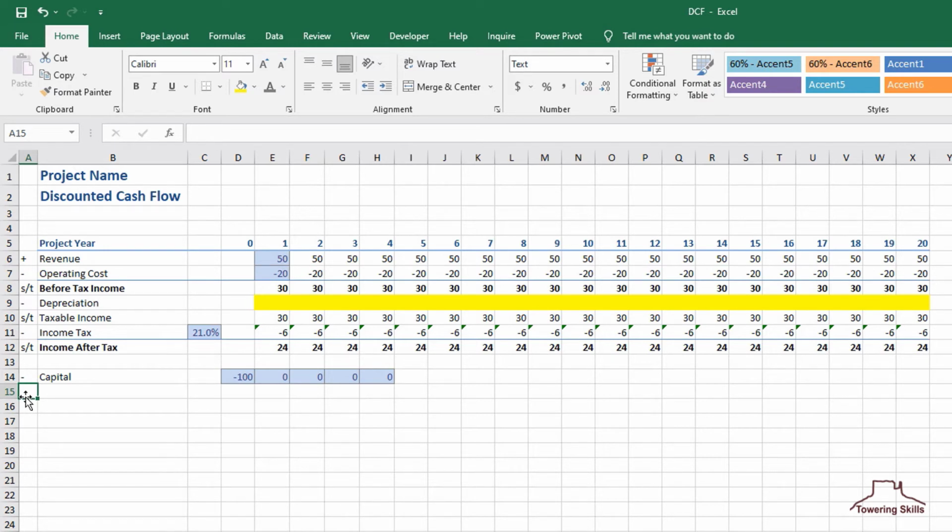Next, we'll add the cash flow in line 15. Since the cash flow is income after tax less the capital, in cell A15 we'll add ST for subtotal. In cell B15 we'll add the words cash flow.